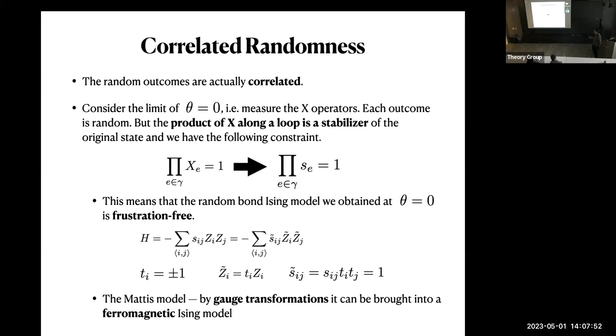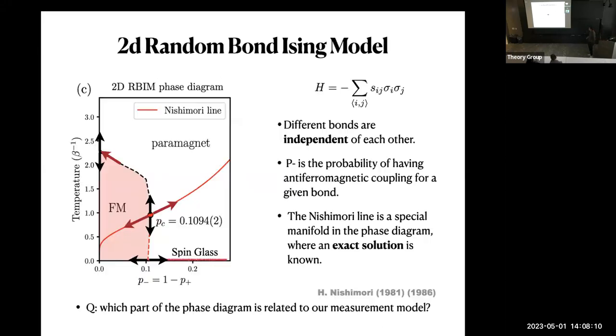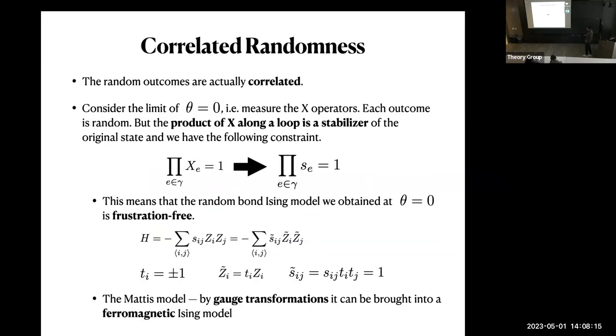If we think about the theta equal to 0 limit, then when we measure X along a loop, the product is always 1. That means that the S are not independent from each other. Remember, S is the bond variable after we map to the classical Ising model, and this phase diagram is for the cases where the bonds are independent from each other. But there seems to be a tension here, because all the S's are controlled somehow because of the constraints you started with. That seems to be a problem. You have a correlation between the random things,